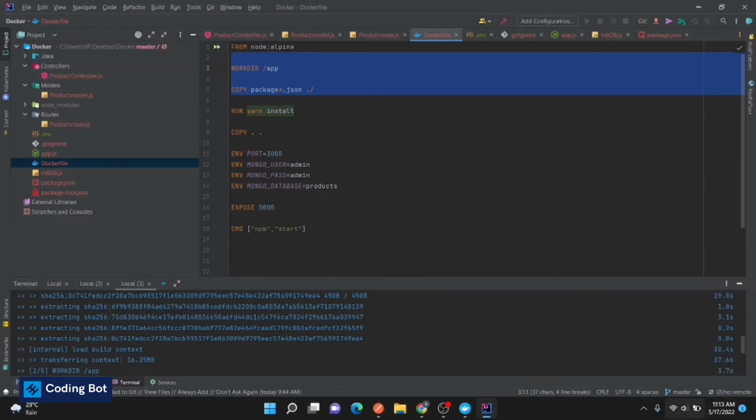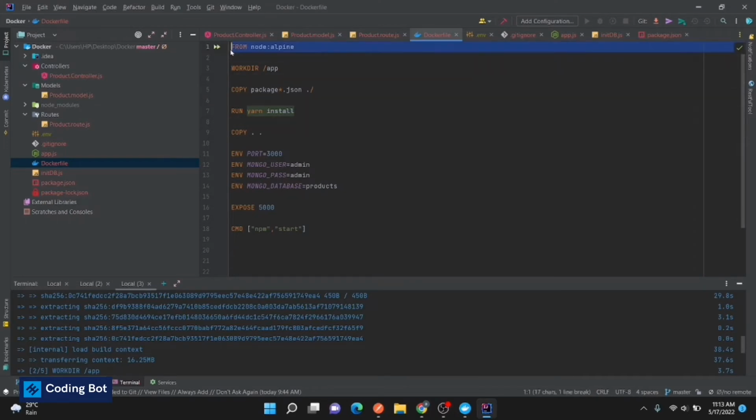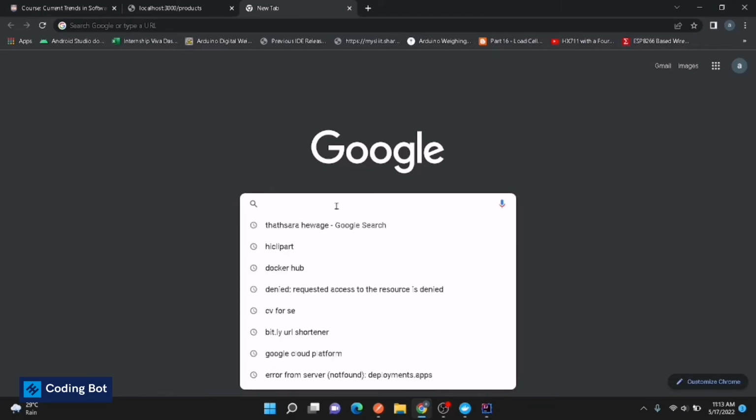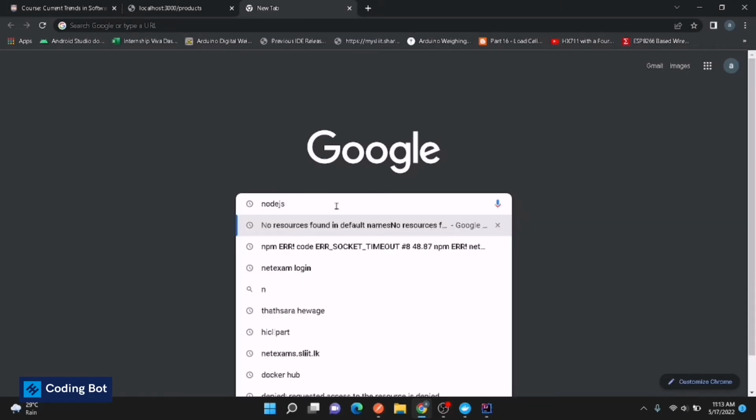Now I have created this Dockerfile. I think in the clone repository you can take this Dockerfile as well. I will add this. In this case, in the top line we can see FROM node:alpine, we are taking the node image for our application to build our new Docker image, by going to Docker Hub, or else we can just search like nodejs Docker image,